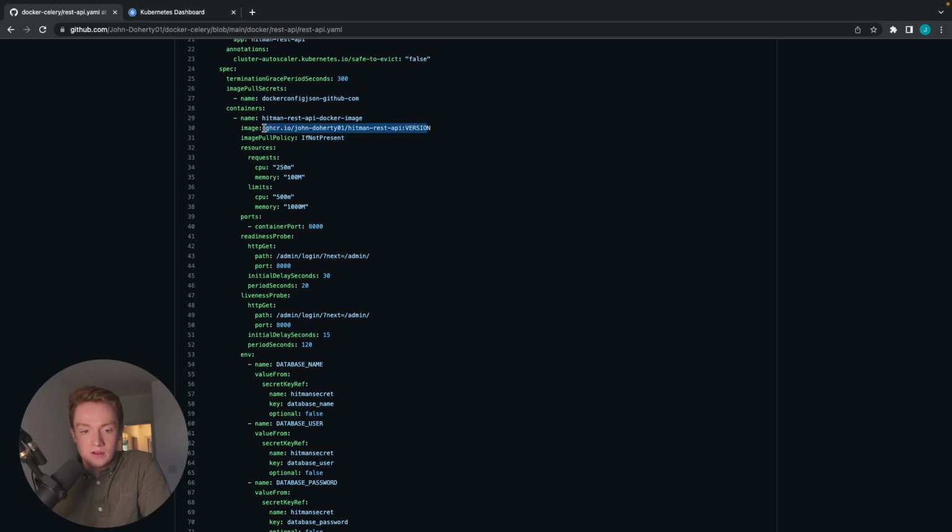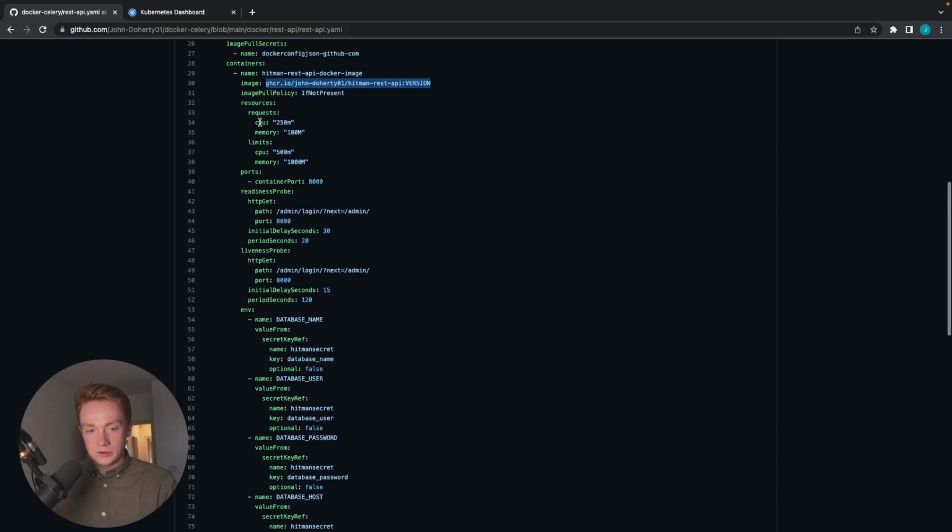So this is the Docker registry that I previously mentioned that is on my GitHub account. You could have a Docker registry running on AWS, for example, or DigitalOcean. It doesn't matter. They all operate the same. But for your case, you'll be replacing this Docker registry with your own Docker registry, wherever that is hosted. So it's going to be pulling the Docker image from this Docker registry URL, and I'm then going on to